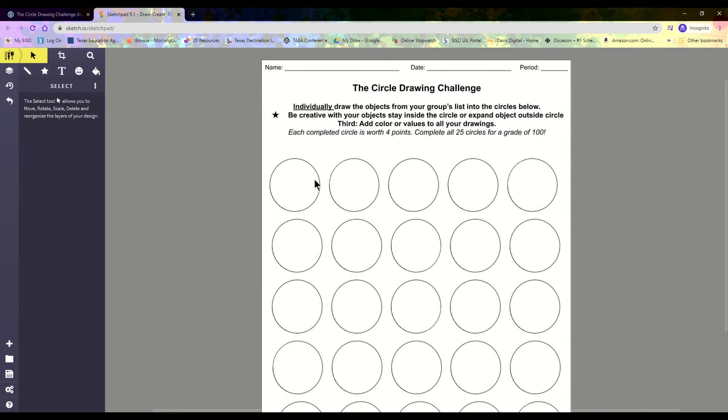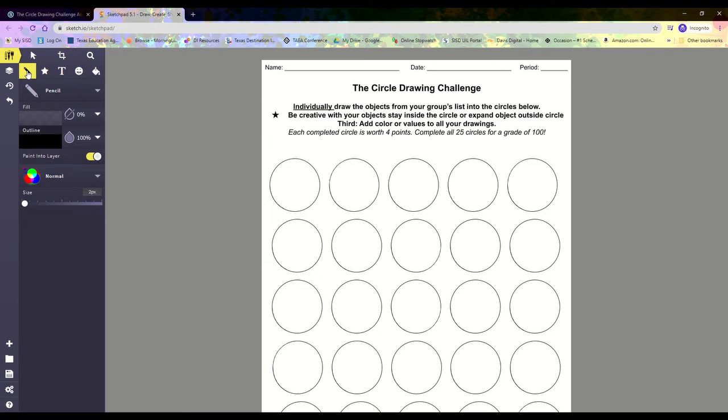Okay. Once you've done that, it is now part of your background. It is part of your picture. You can go ahead and click on this little, it almost looks like pancakes. Okay, it's called the layers tool, and you'll be able to see all the layers that you've added as you start drawing. If you don't want that, okay, you can click on the pencil tool,